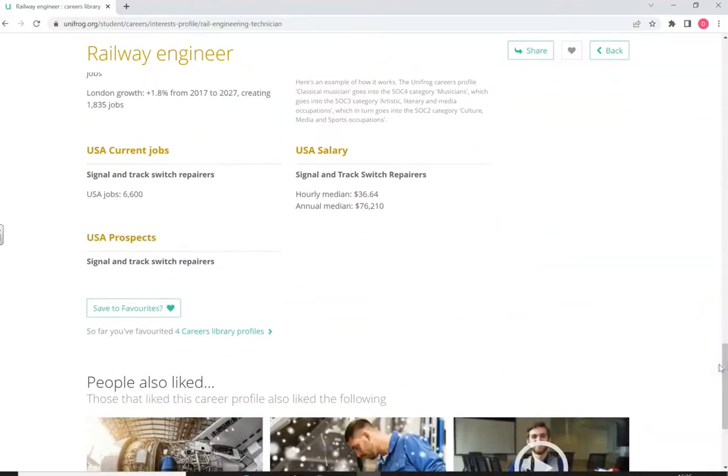Most importantly, if I like this, I must save it to favorites. And I can either do that by clicking here at the bottom or on the heart up here. Either way, it will then send it to favorites, and that builds up my careers library. You can see I've added 5